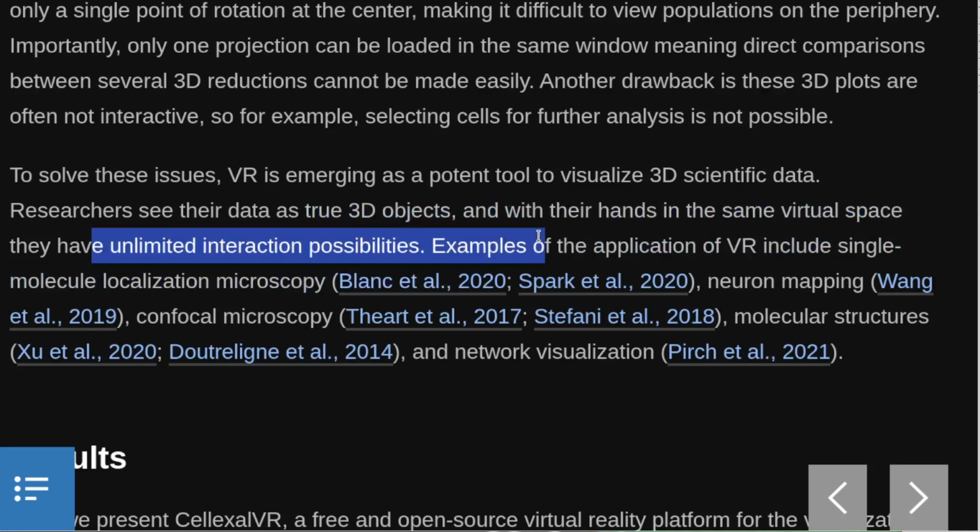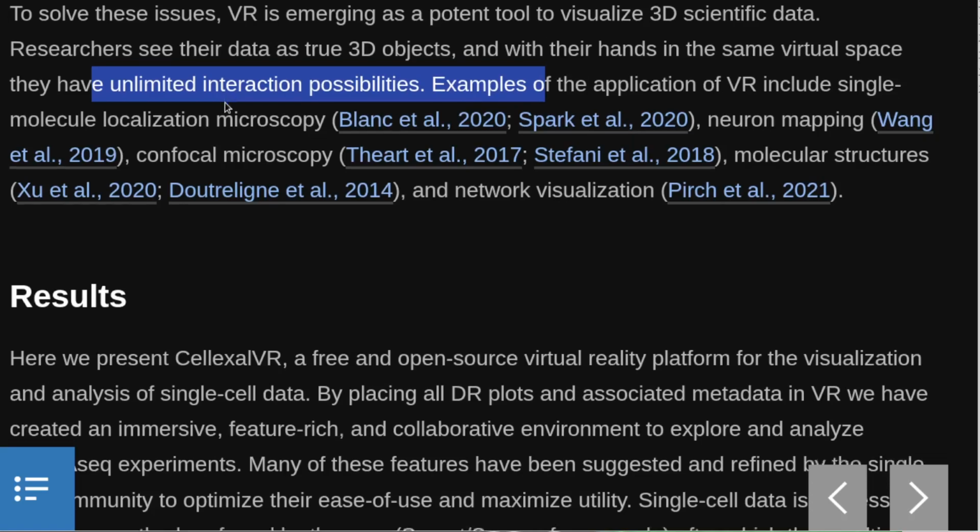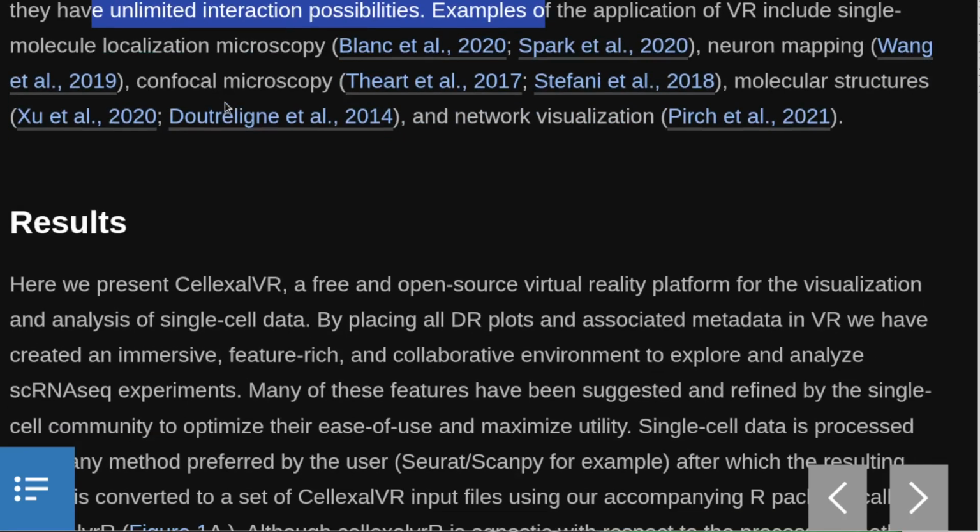interaction possibilities. Examples of the application of VR include single-molecule localization microscopy, Blanc et al. 2020, Spark et al. 2020, neuron mapping, Wang et al. 2019, confocal microscopy, Tart et al. 2017, Stefani et al. 2018, molecular structures, Xu et al. 2020, Duderlein et al. 2014, and network visualization, Perch et al. 2021. Results. Here we present CellexalVR, a free and open-source virtual reality platform for the visualization and analysis of single-cell